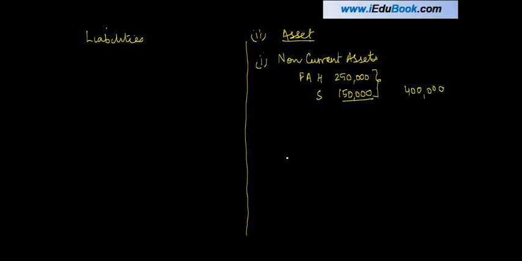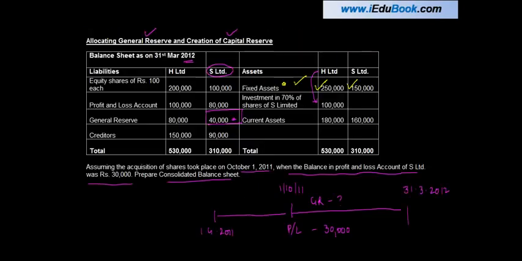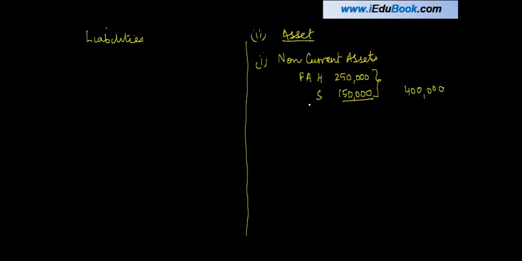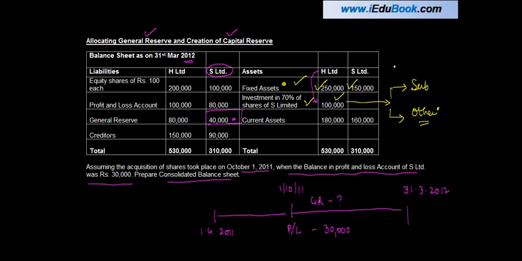If you want, I can prepare the schedules also, but maybe as we reach a larger level of question, we will prepare these schedules separately. Then we have investments. Investments in S Limited. Please note that the investment which is there in the books of H Limited can again be broken into two parts. One is the investment into subsidiary and one is the other investments. Other investments are going to go and sit here in the balance sheet, whereas the investment in subsidiary will go to the cost of control, right?